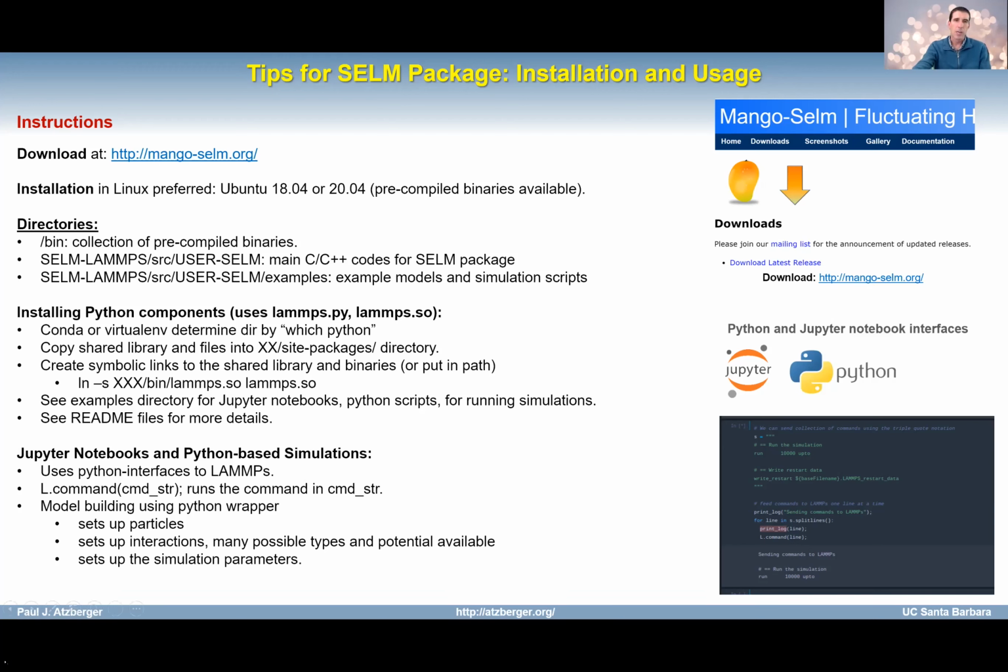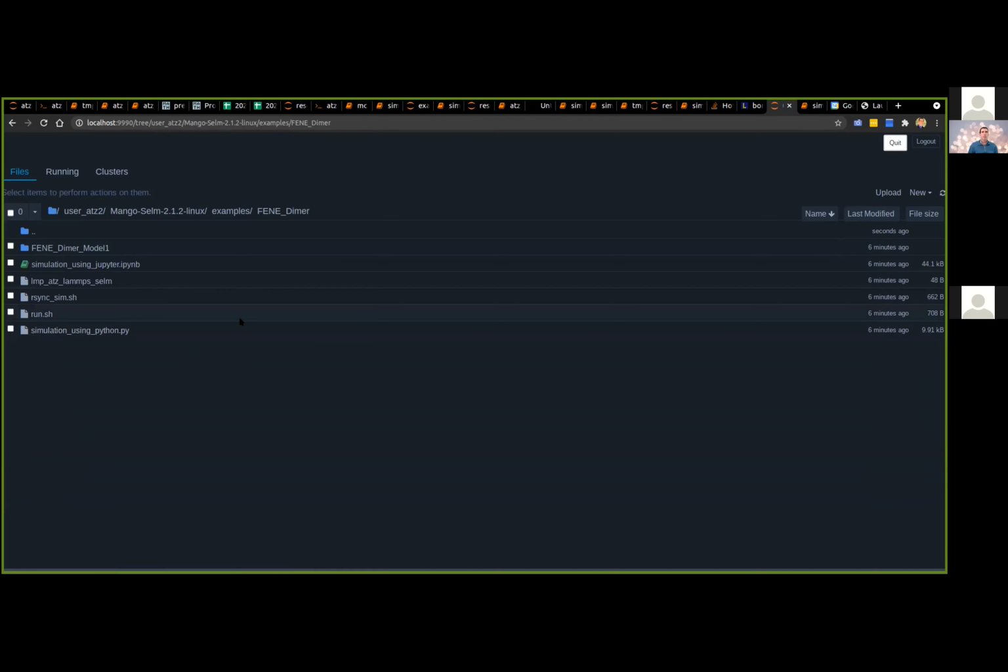It allows you to set up all the particle locations, their interactions, the ensemble that you're going to simulate, simulation parameters, and then how long you want to run it. Just because I can show you a few different ways of running the codes that way. Okay, and then we would go into simulation using Jupyter,